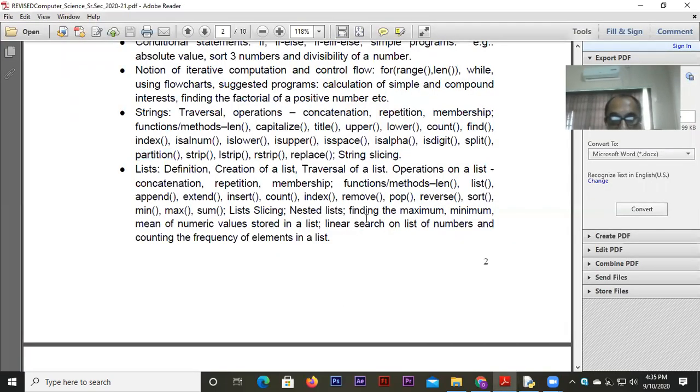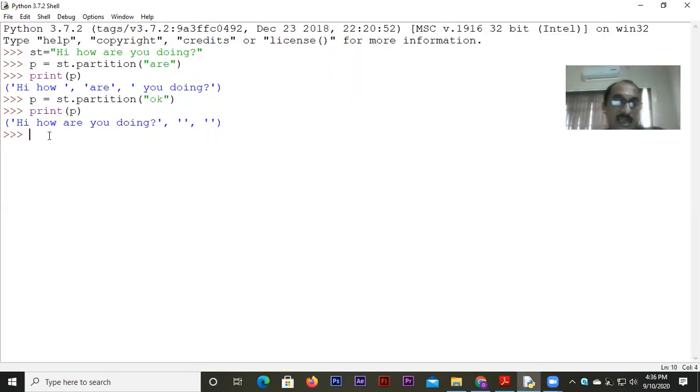There are a few other functions which you know very well, I'm sure, but I'm still revising in case you forgot by now, like capitalize and title. What is the purpose of capitalize? Capitalize is supposed to make only the first letter of a string capital. Like I wrote here, say, "souvik is a good boy".